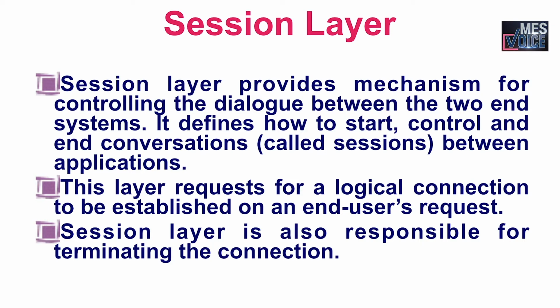Just before a connection is established, the server performs a function called authentication. Authentication is the process of verifying who you are. For this, the server uses a username and password. Once the entered username and password are matched, a session is established between your computer and the server. After authenticating, the user authorization is checked. Authorization is the process used by the server to determine if you have the permission to access the file. If not, you will get a message saying you are not authorized to access this page. Both of these functions, authentication and authorization, are performed by the session layer.